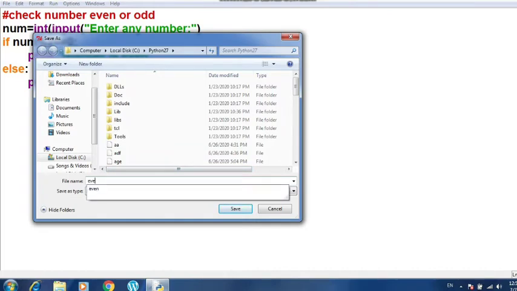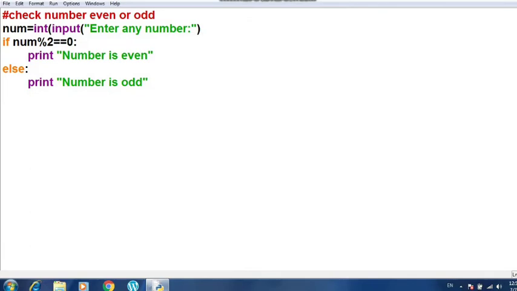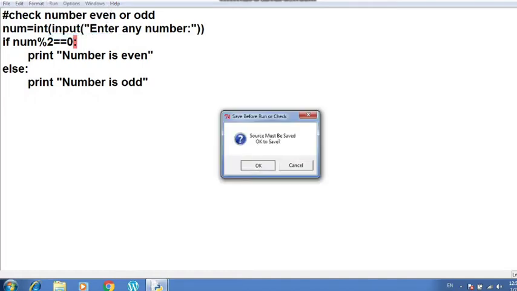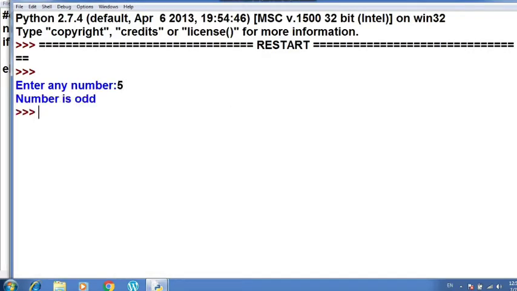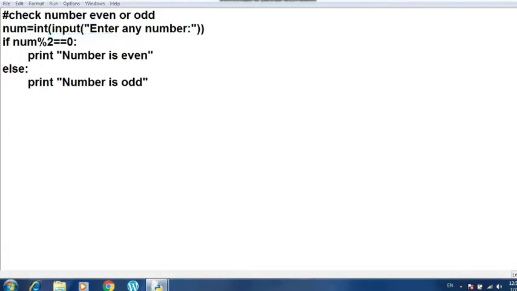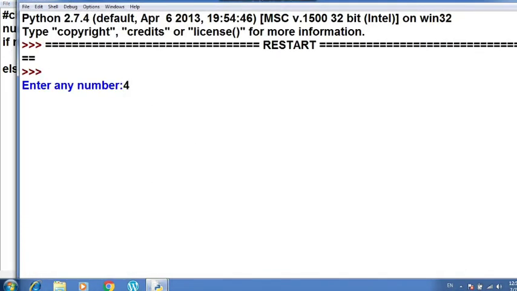So do practice along with the video. I'm saving the file and then I'm going to execute it. Okay, we found an error here. What is the error? Here I have not closed the bracket twice, that is the error I got. If you write a program yourself, only then will you be able to identify the errors which come up during the program. You can see that the answer I got after entering 5 is number is odd. Let me run it one more time. Now entering an even number, it gives me the correct answer, which is number is even. So this is how you can create an even odd program.